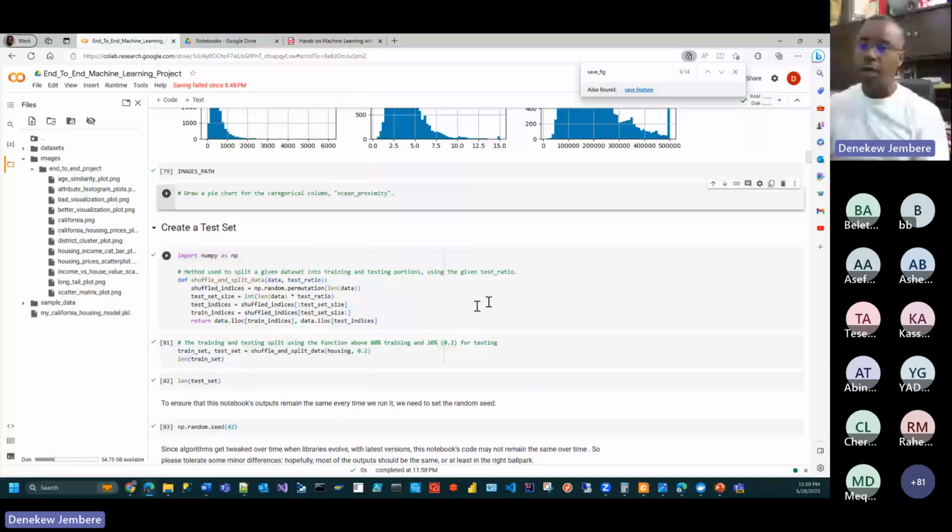And the next step, once you identify that, is you may have to split your data into testing and training, before getting into the actual training process. Now, for training, we have this method, a method used to